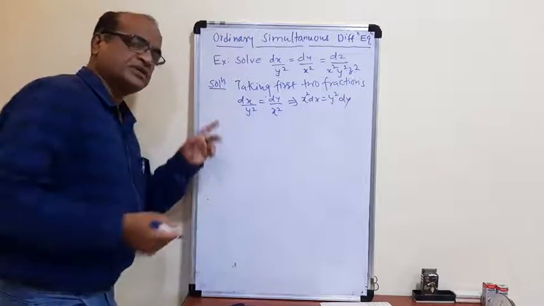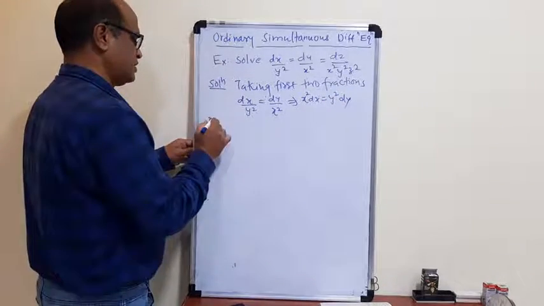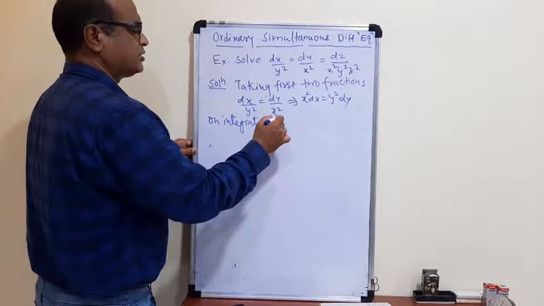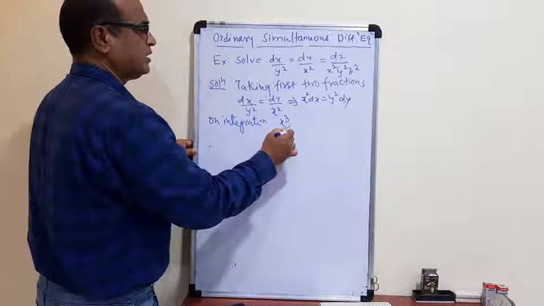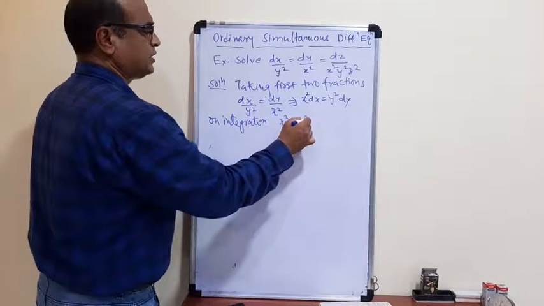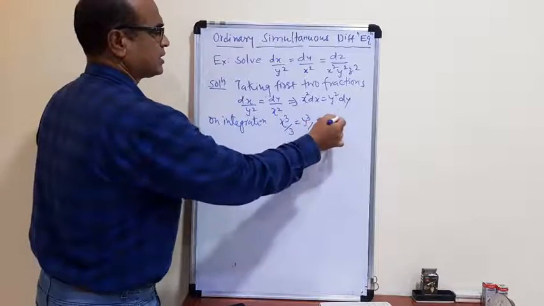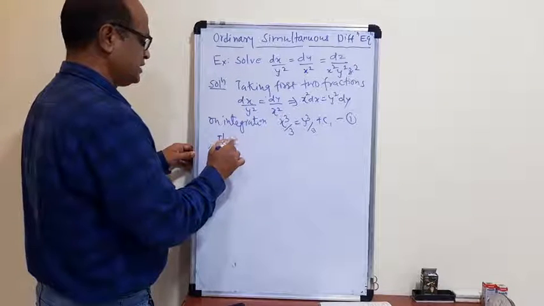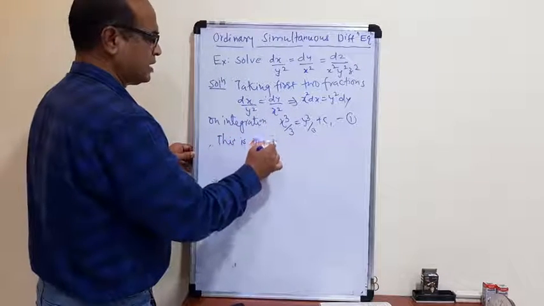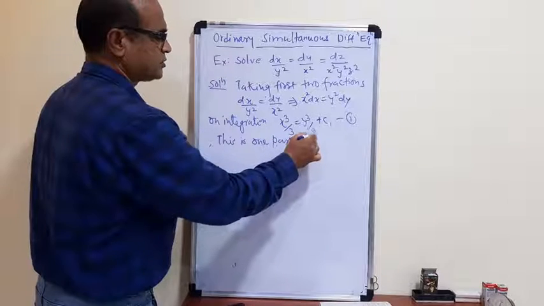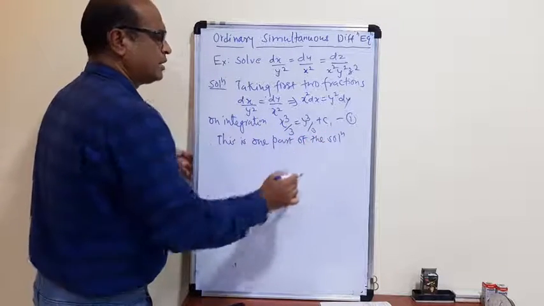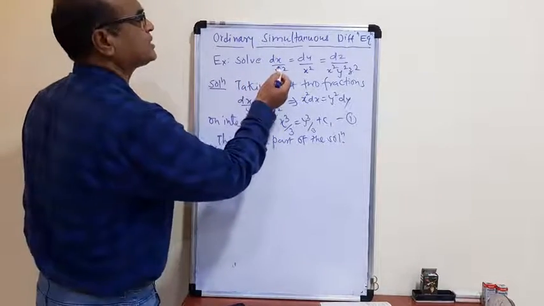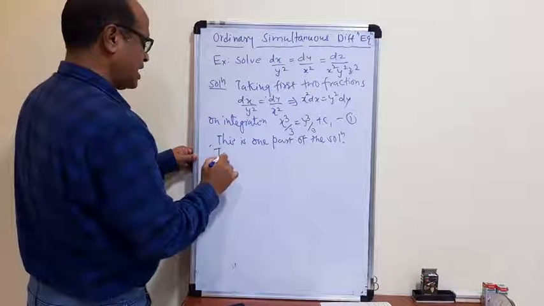So on integration of this equation we get x cube by 3 is equal to y cube by 3 plus some constant c1. So this is one part of the complete solution. So for the another part, we take another two fractions here. We take first and third or last two fractions. Taking last two fractions,